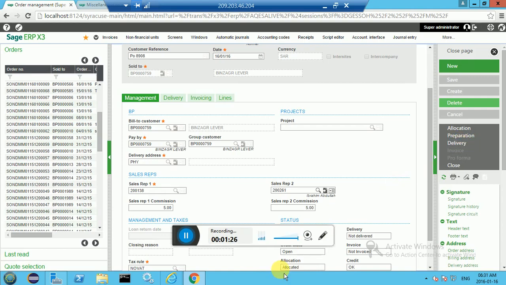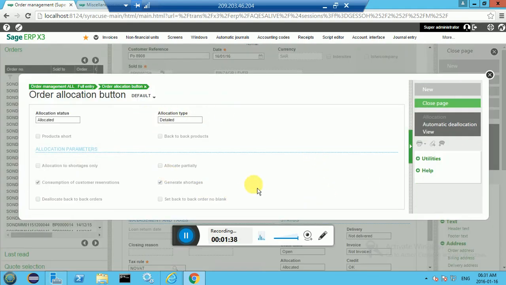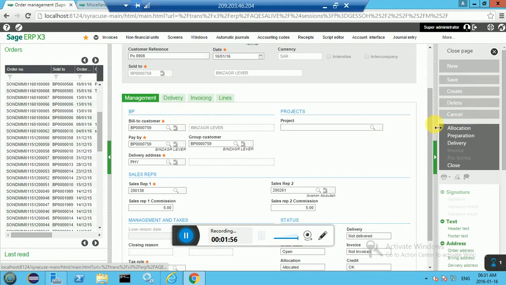First, how did the stock get allocated? The system automatically allocates stock from the oldest to the newest sales order. To deallocate stock, you would go to Allocations and you would see that the screen is currently grayed out. The reason for it being grayed out is because the stock is already allocated. I cannot allocate it, but the only selection is to deallocate the stock. To deallocate the stock, you would select the deallocation button